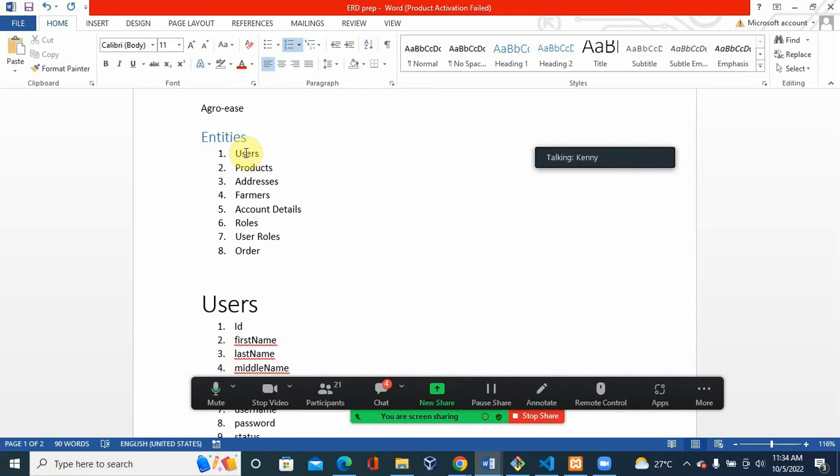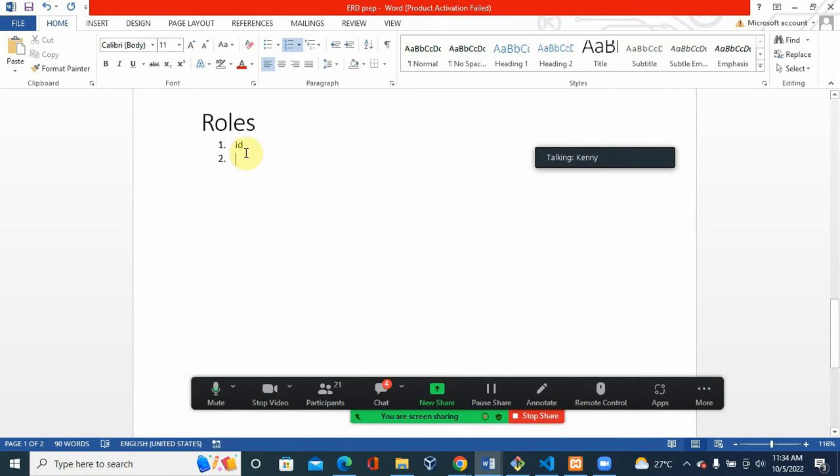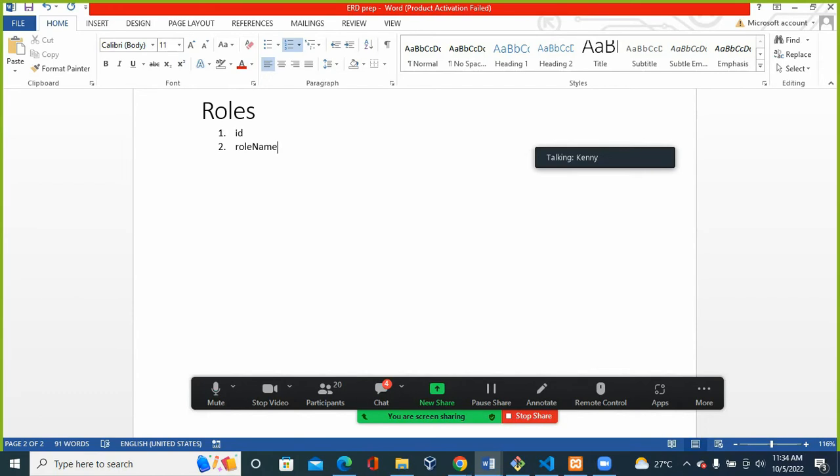Let's say the Agro is big, such that it has several administrators, and you want some administrators to be able to manage some section of the application, but not all. So you can just come here and create a role, you call it farm manager, users manager, product manager, order manager or something like that. These are various roles, but you are creating a property for them, right? So a key for them. So you're going to have a role name to house various roles, and then you're going to have role descriptions